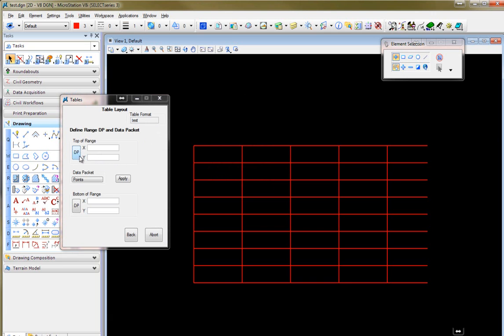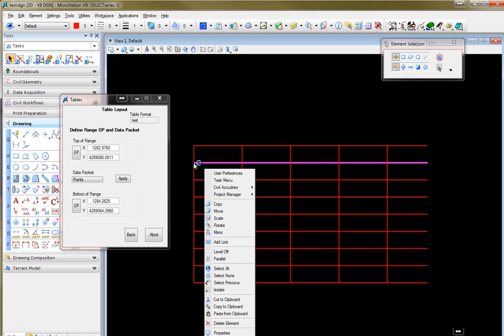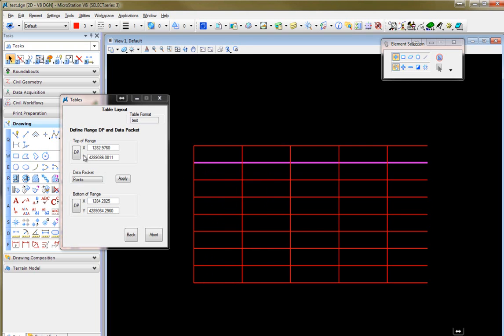Now I'm going to define the top of the range. I'm going to do a DP, and I'm going to grab the top here, and I'm going to do the bottom of the range here. This is going to determine, you may want to snap or tentative snap before you do this, to make sure you get the correct edge, like that, and like this. Basically what this is going to do is set what the next row of information